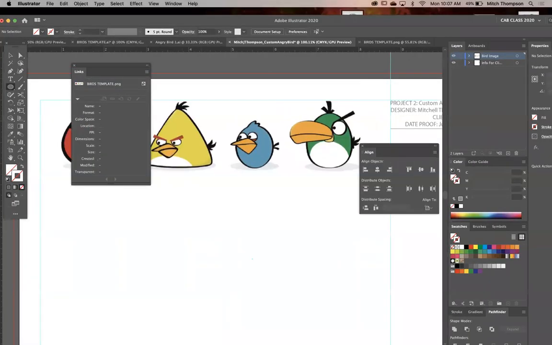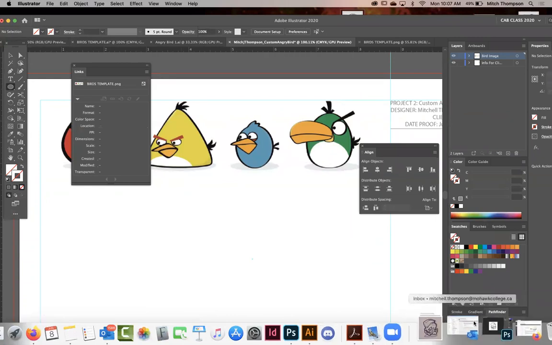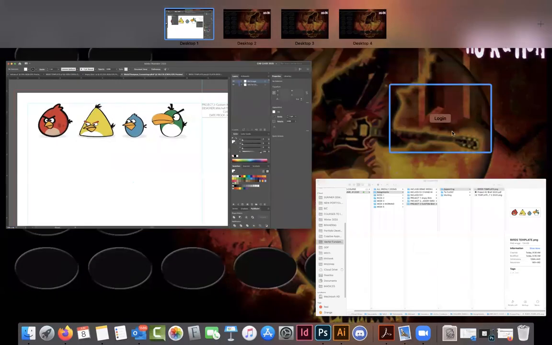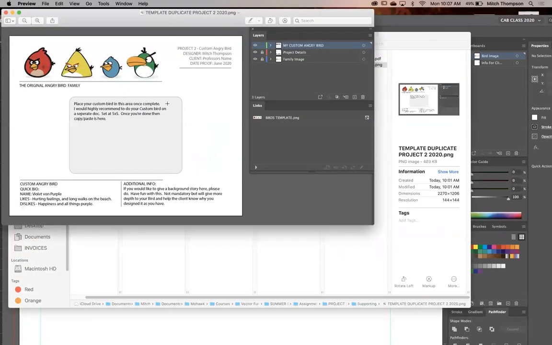We should probably look at what I have for setup, because the template was given to you. Let's have a look and make sure that we set it up according to the template. What do we have here? We've got layers: project details, and family image is what we did. Good job, Mitch.